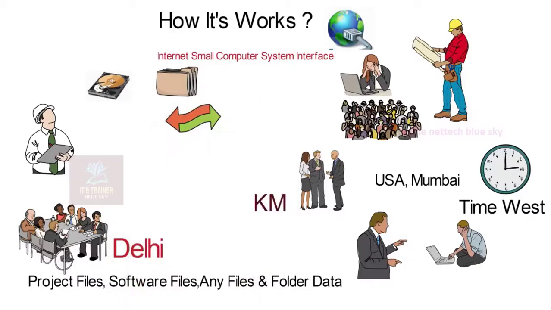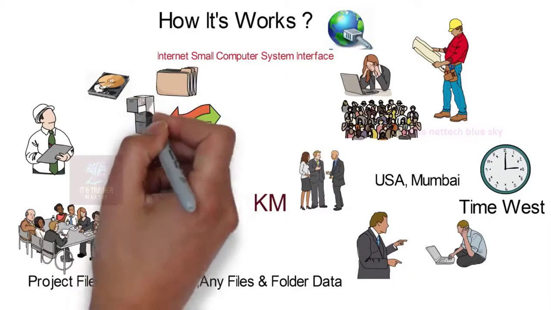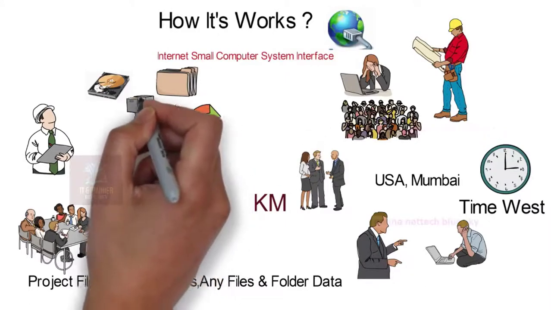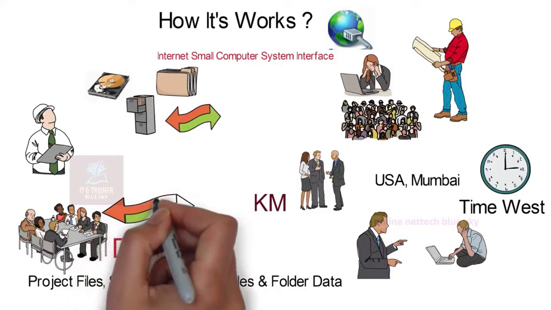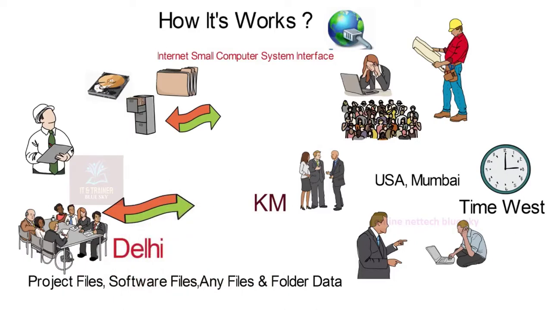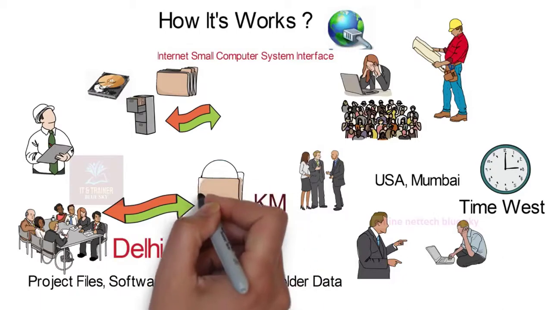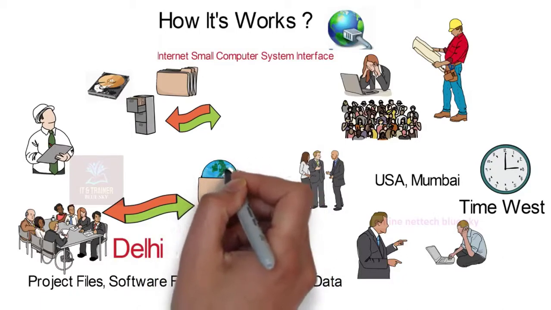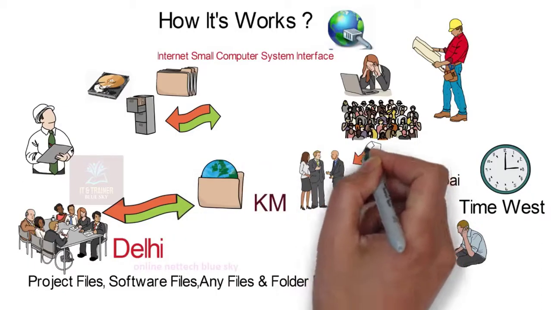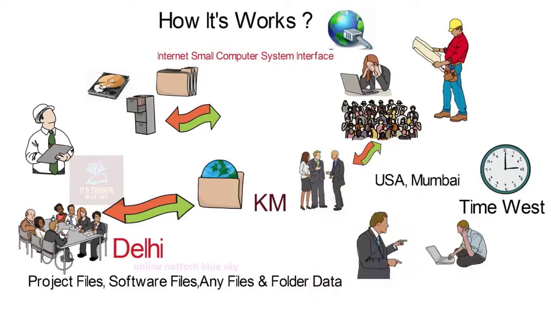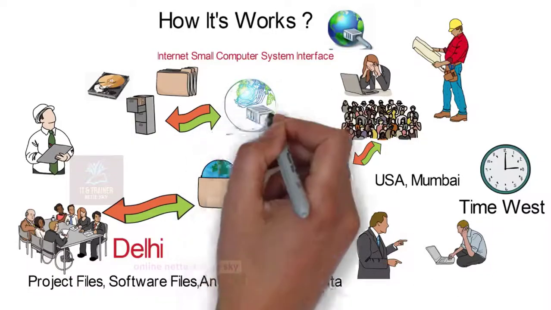So this is my project data file in my folder here, and all the files from different employees are saved in my main computer server here. Say this meeting is in Delhi city and I need this file, but the Delhi office has internet available, and all my company employees connect the company server with the company network and the internet here.